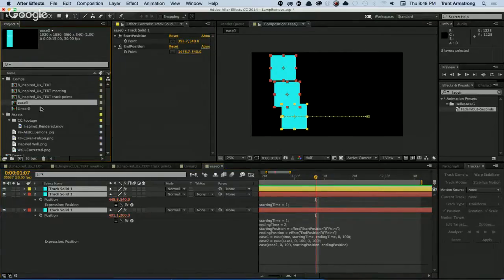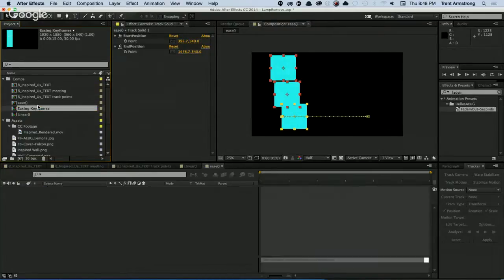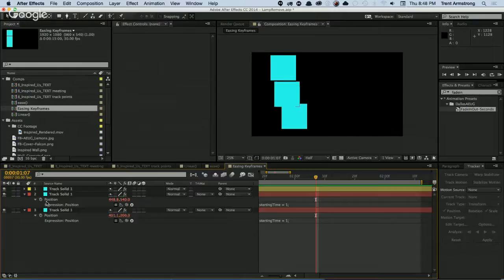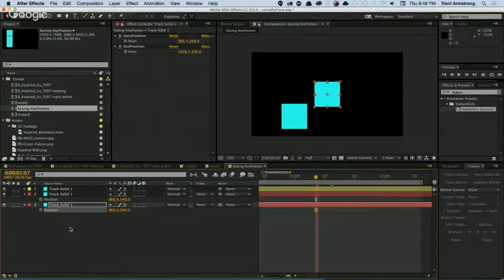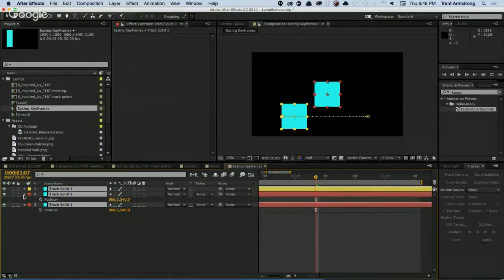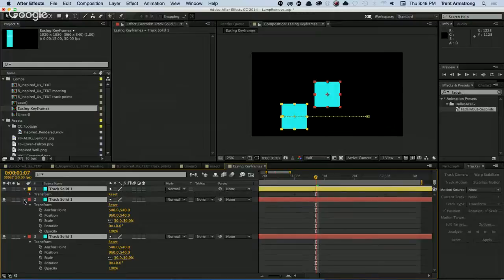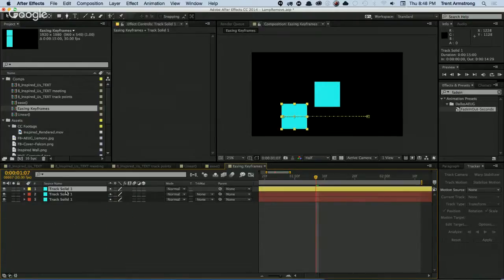Okay, so duplicate, and we'll call this using keyframes, like that. So we'll get rid of our expressions, get rid of all of our expression controls, and